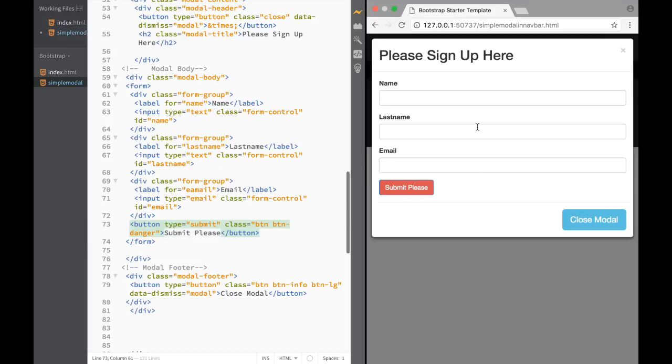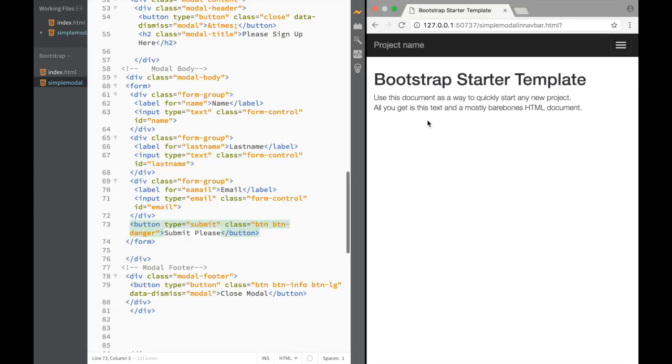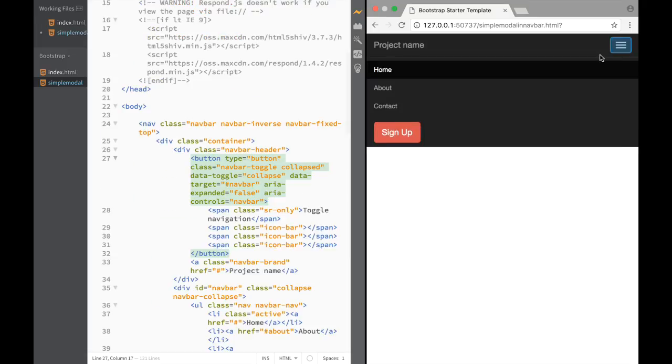So what we have over here is a simple modal that actually we can use as a form, right? And we could obviously add here passwords or whatever we want. We just pretty much use the simplest 3 fields, right? Name, last name, and email, right? So here, if I click submit please, we're obviously leaving because we haven't connected to anything, but you can see